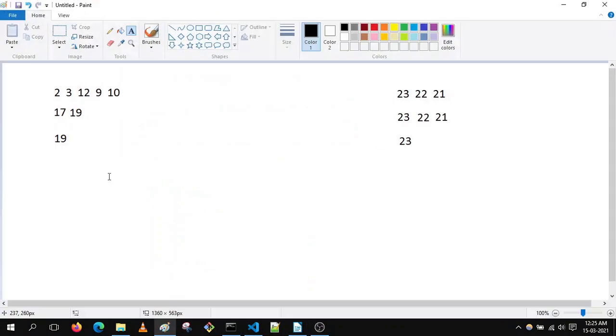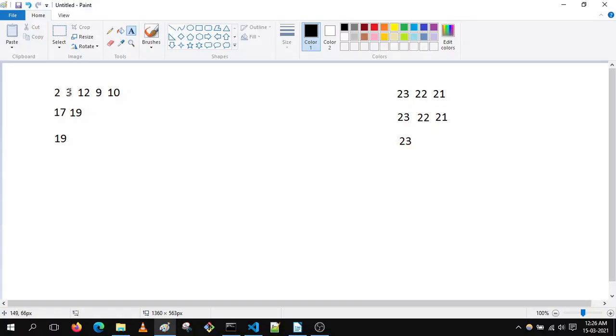I will explain. We can see that this second element 3 is greater than 2, that's why we are maintaining the sum of it. Initially the value of sum was 2, now it will be 2 plus 3, 5.